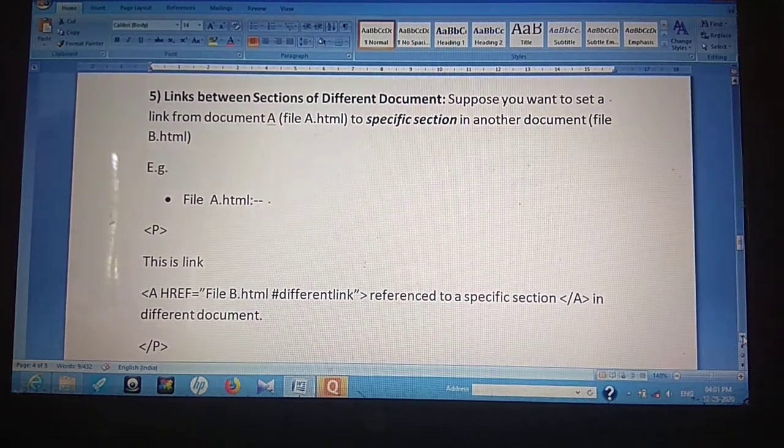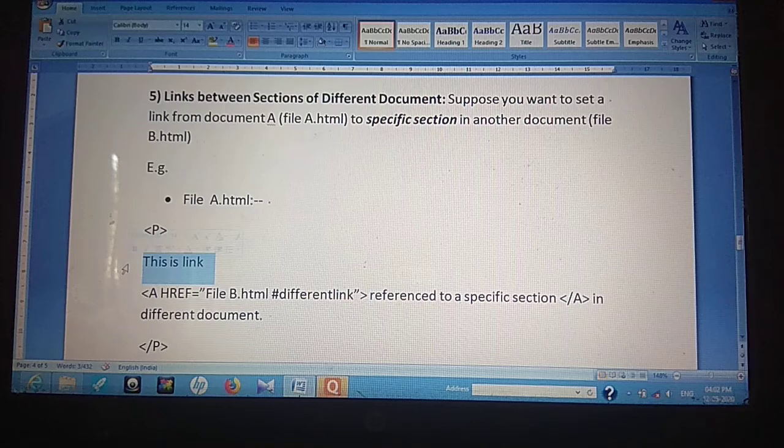Now suppose there is another link between sections of different documents. Suppose I have a file A, which has one paragraph given over here, and there is one more file B. File A has the words computer science, and I want its definition, which is not given in file A. It is given in file B in a different paragraph.